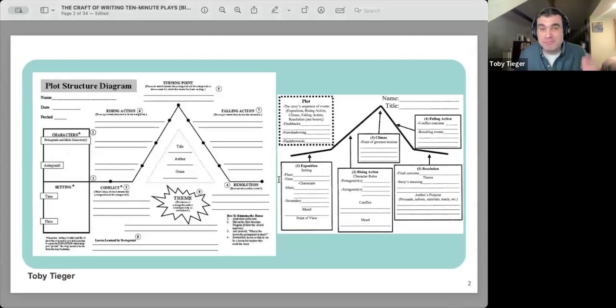So first off, these sorts of things are incredibly useful. This is a plot structure diagram. These are just two examples that I found on Google. They are very helpful in terms of thinking about stories when you read them. They are less helpful for me personally when it comes to writing a story because it doesn't give you a